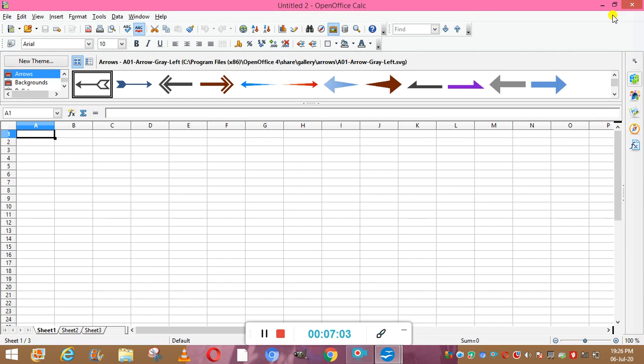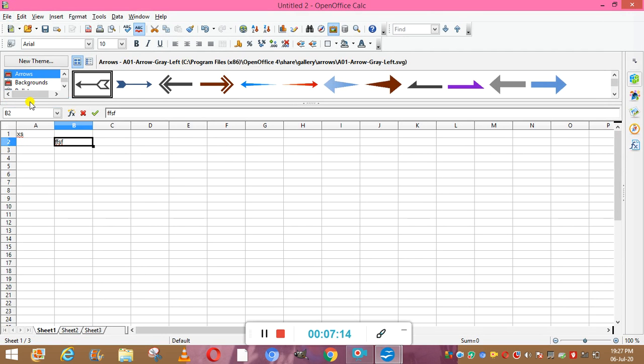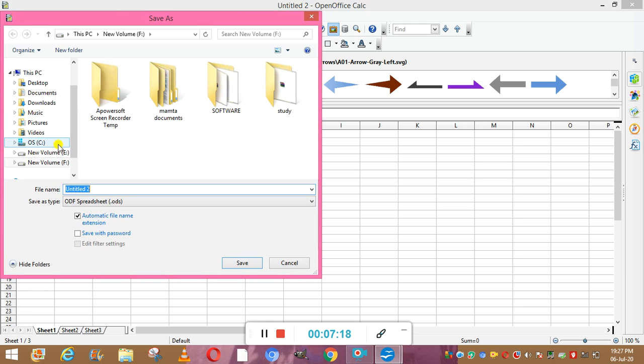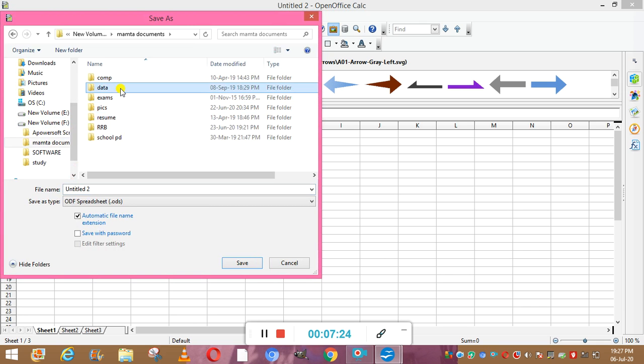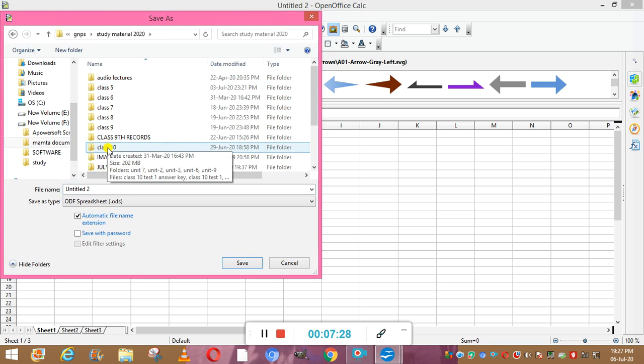You can enter any data here, then save it. You go to File, then Save As. After that you select the place where you want to save the data, then enter a name to save the data.